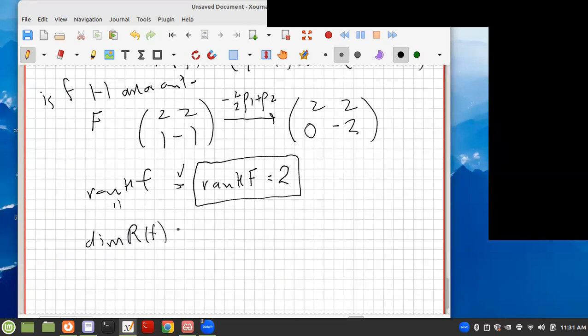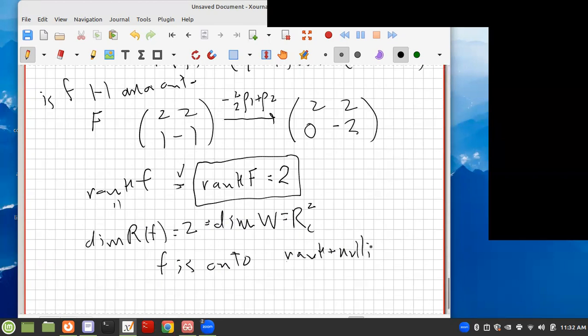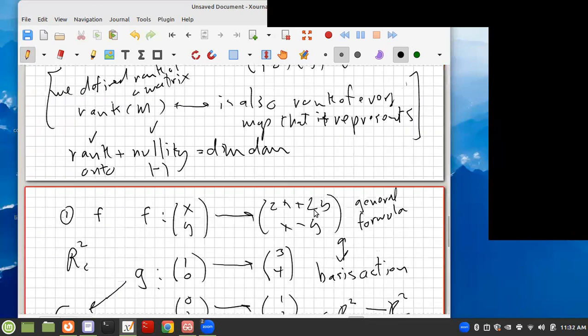The dimension of R for F, well, that would equal 2, but that's equal to the dimension of W here, which equals R2. So F is onto, right? And since rank plus nullity equals the dimension of the domain, which is 2, and since the rank is 2, the nullity is 0. So F is also 1-to-1, meaning that this map F here is an isomorphism